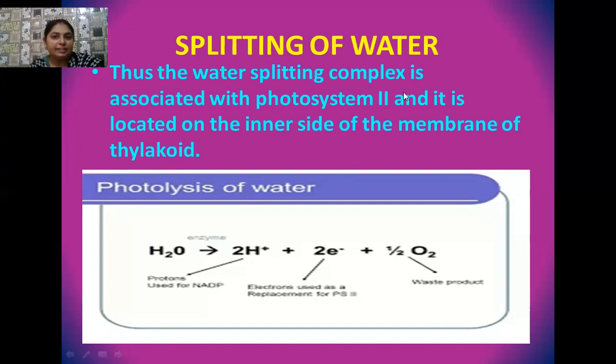Okay, students, and where does this reaction take place? This reaction takes place on the inner membrane of the thylakoid. As you know, thylakoids are the special membranous structures present in the chloroplast. So inside the inner membrane of the thylakoid, this very important reaction, which is responsible for the continuous supply of electrons to photosystem 2, P680, takes place. This reaction is actually associated with the inner side of the thylakoid membrane.